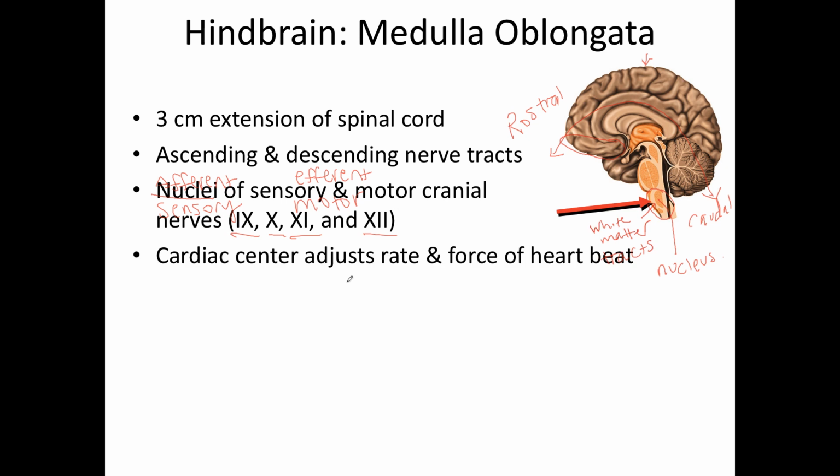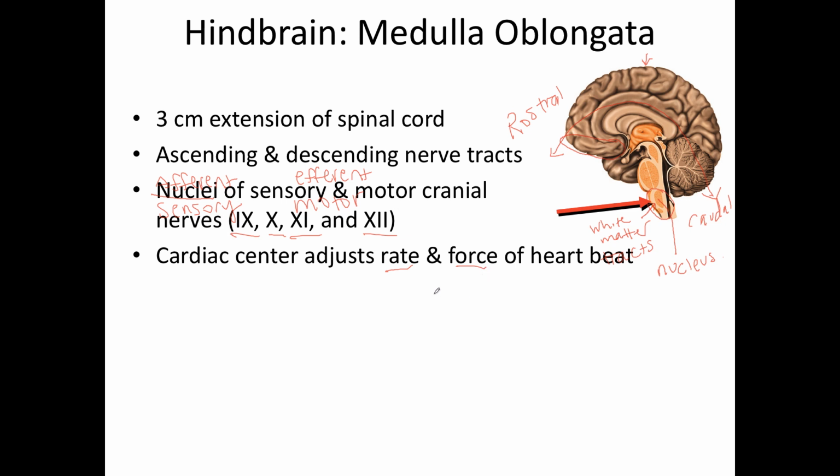Now the medulla oblongata, along with the pons, is sort of your life support portion of your brain. For example, it will adjust the rate and the force of your heartbeat, so your heart rate in beats per minute and the contractility of your heart according to your need. So if you decide to go sprinting off down the hallway, the cardiac center will notice that and increase the rate and force of your heartbeat